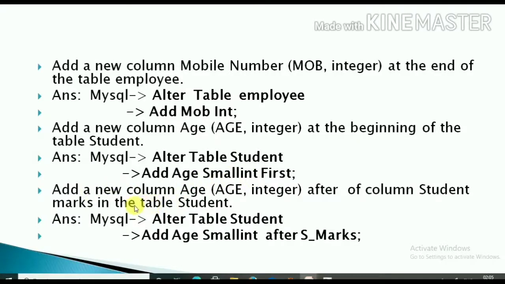Now we will see how to add a column in between. Add a new column age, integer, after the column s_marks in the table student.